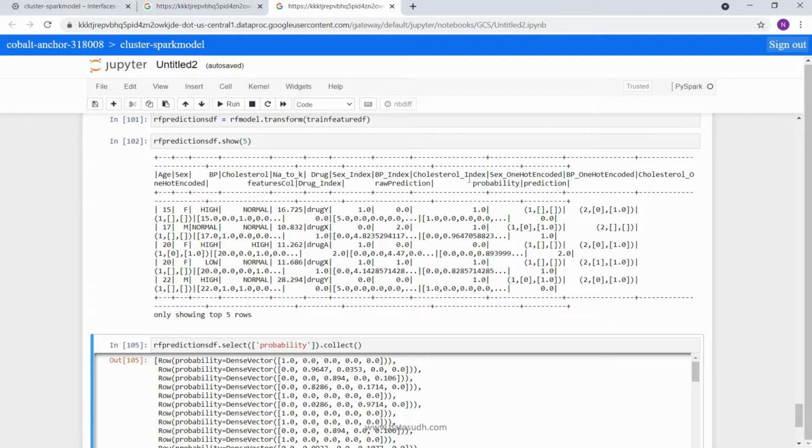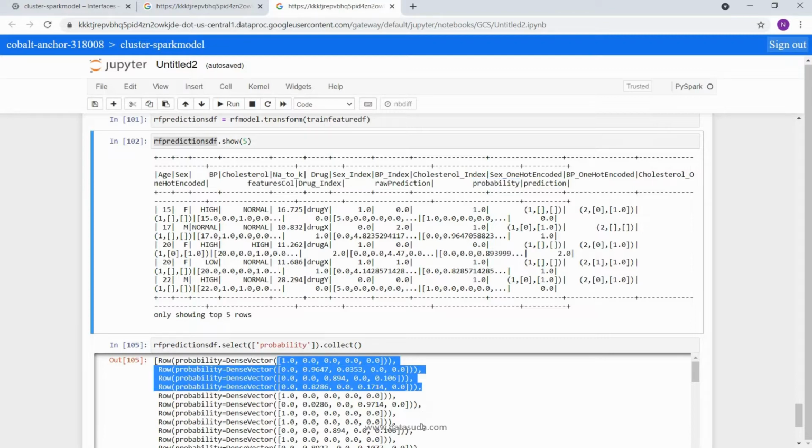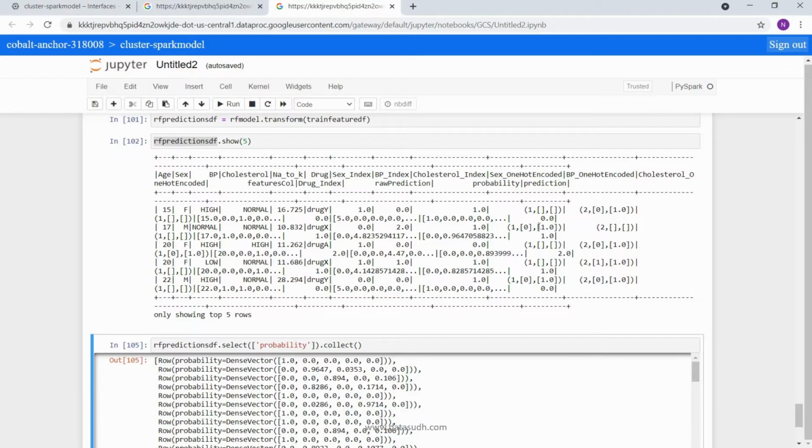So you have got a prediction from this model, and this column tells you with which probability this prediction has come. We can use this in model evaluation later, but this is how probability shows you with what probability the model is sure about this particular prediction.